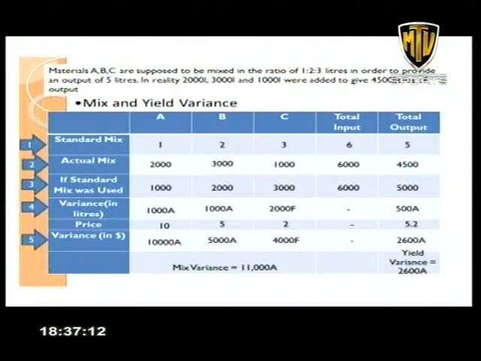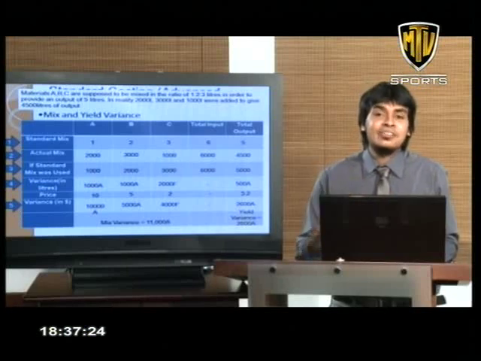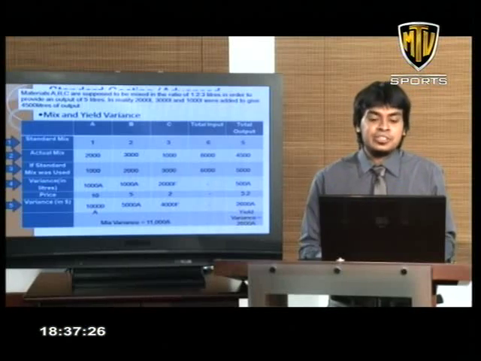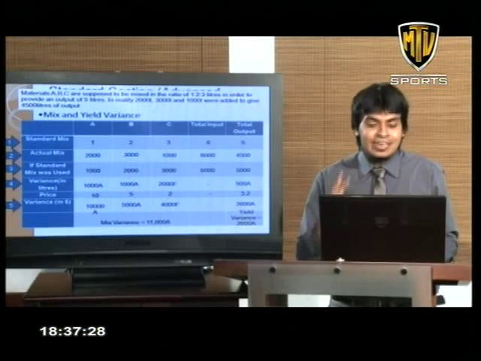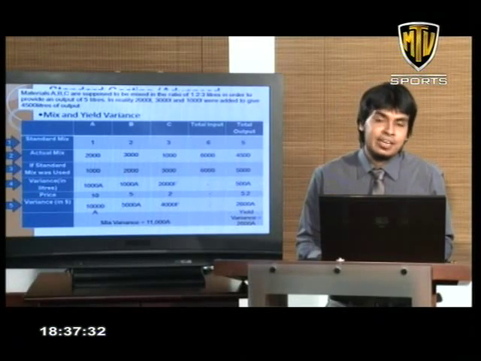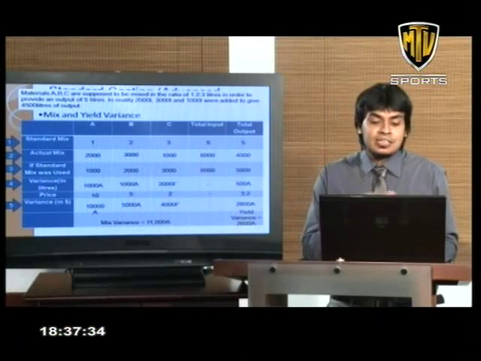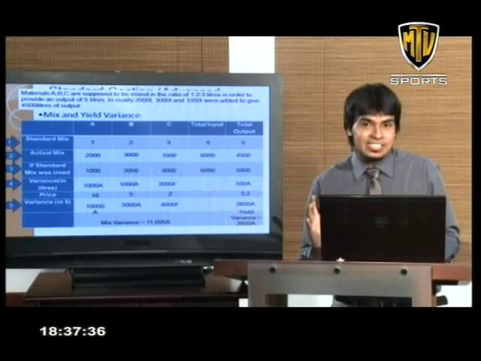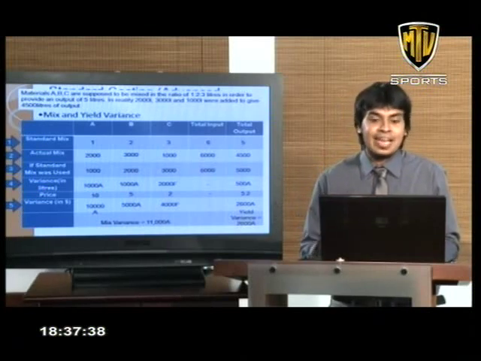So you've actually got 500 liters less, which is not good, and therefore it is an adverse variance of 500. So be very careful when you mark whether it's adverse or favorable. Your interpretation should always be based on common understanding, logic, not whether it is positive or negative. So after constructing the variances in liters, in order to ascertain a value to that, I need to multiply it